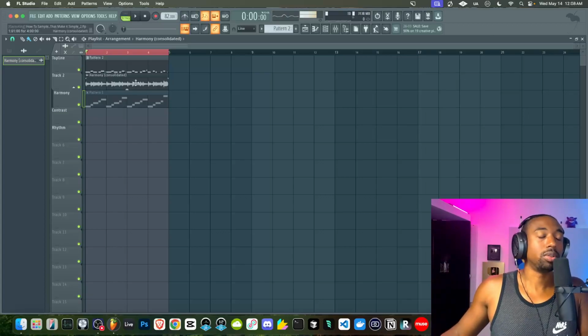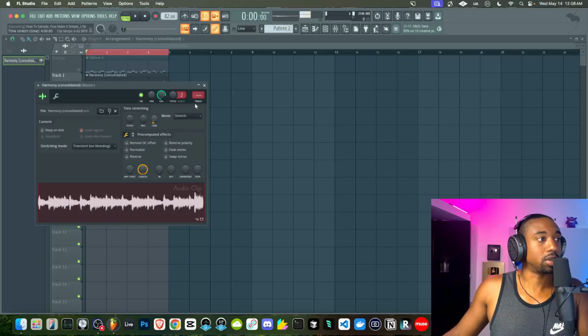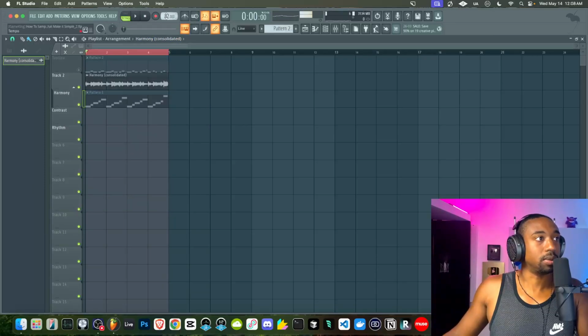But before you do this in Fruity Slice, you need to go to the BPM that is your target BPM. So I can't say this enough. People skip the step and wonder why this stuff sounds wrong. Okay, so we need to double click, go to mode, stretch mode. And now we need to, let's say, double the BPM for trap. So we're at 164, let's just say.